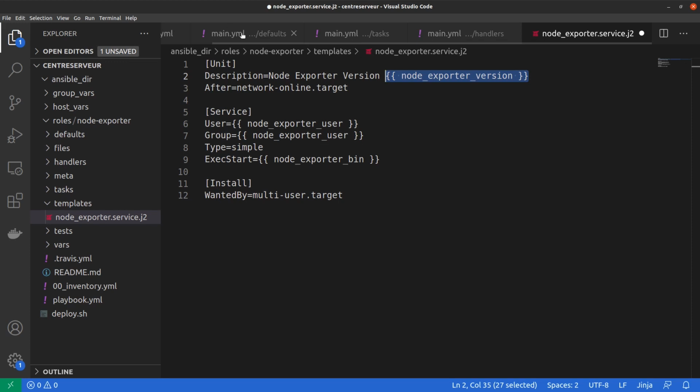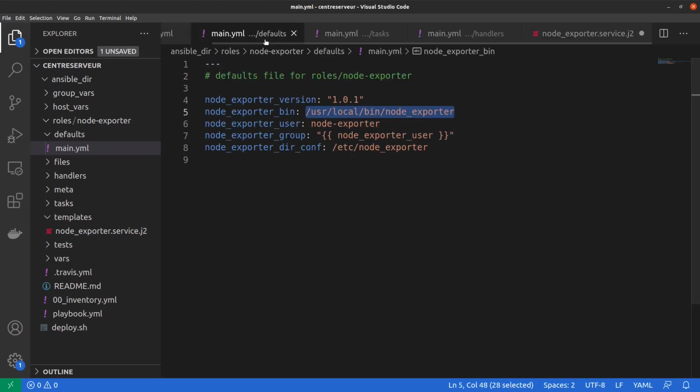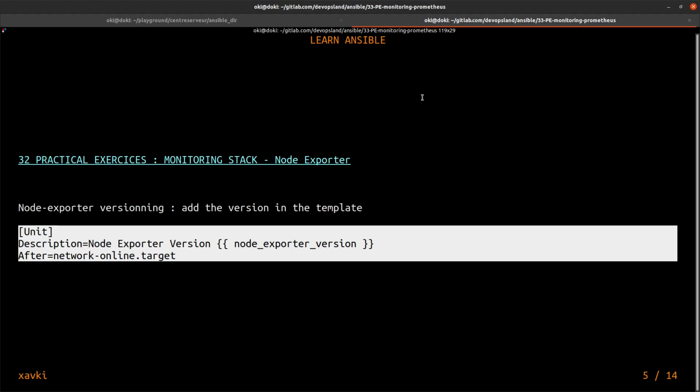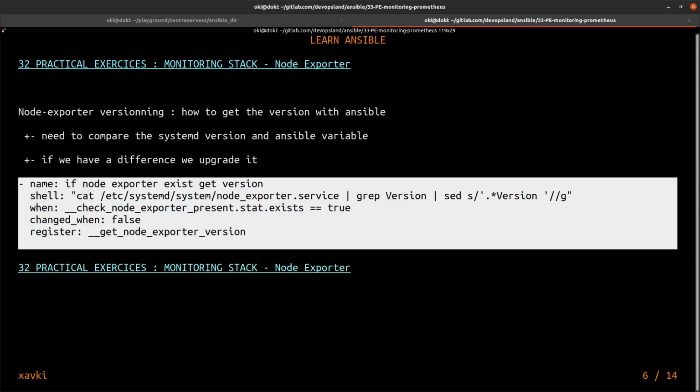Remember, we have node exporter version in the defaults directory main.yml. This is an ANSIBLE variable of our role. So I save it, and now we just need to add a new task